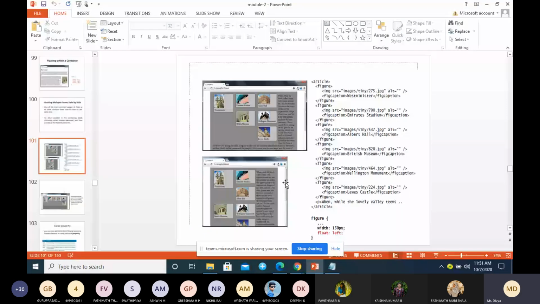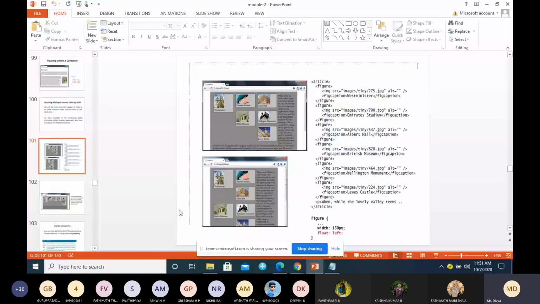Okay. So if the window size is big, for example, if you are displaying it using mobile, then it will fit only 2 images. Suppose if you are using a laptop with the big screen, then you can see 3 images if you are using float. Okay. So like this, float can be used to fit the images to the window size. Okay, float left or float right.